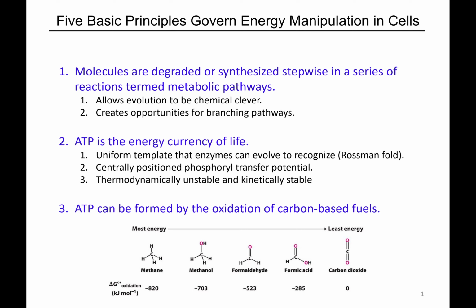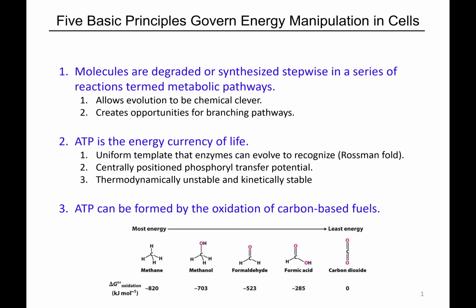There's this idea we introduced of the phosphoryl transfer potential, which really simply boils down to the free energy of hydrolysis of a phosphate group, right? And we notice that ATP is centrally positioned, which means that there are molecules we make in the cell that are able to create ATP from ADP. We're going to see 2 examples of those today: phosphoenolpyruvate and 1,3-bisphosphoglycerate. These are 2 molecules that get made during glycolysis. And since they're made during glycolysis, we'll take advantage of them to then create ATP.